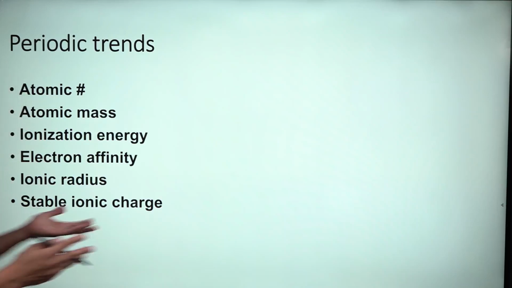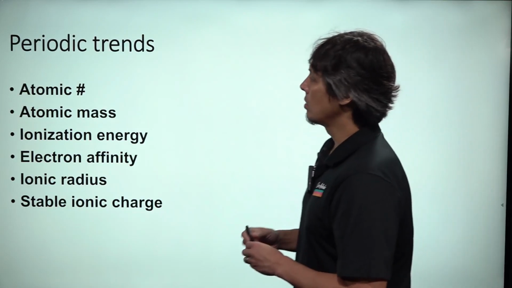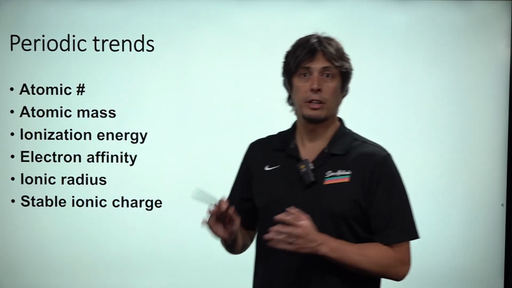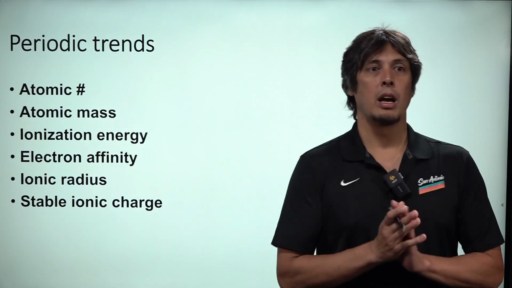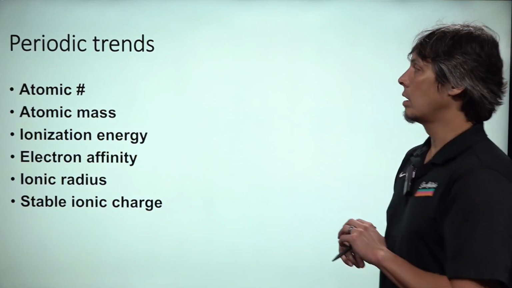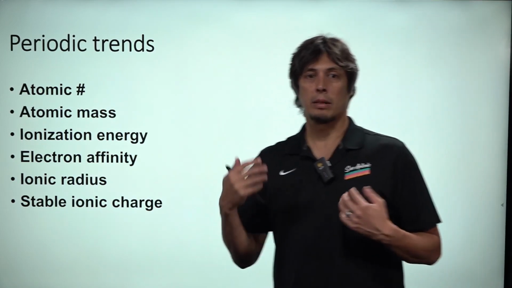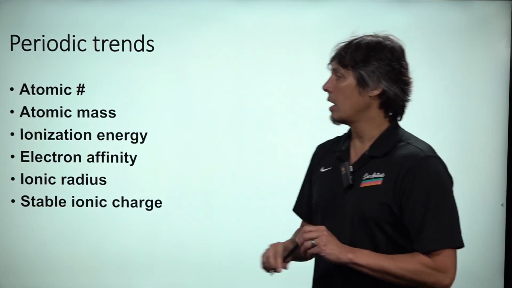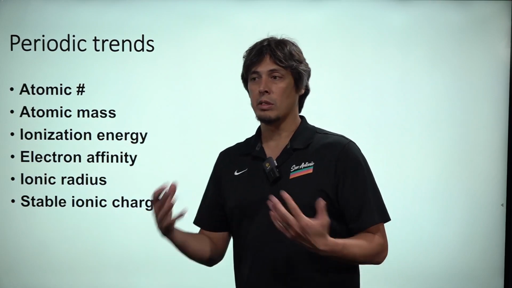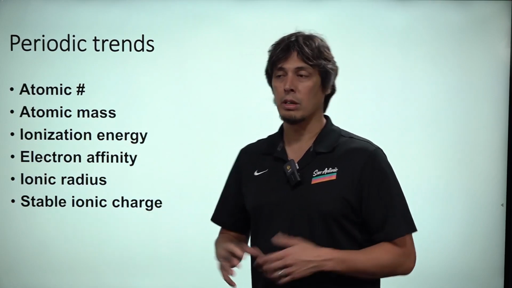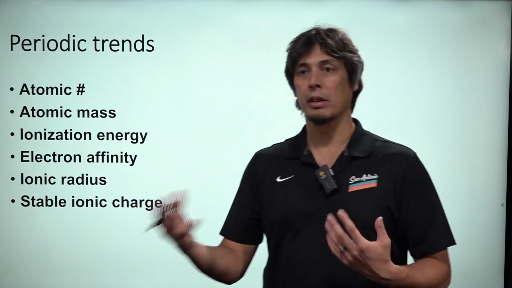So you probably remember several periodic trends from general chemistry and your other chemistry courses. These include, like we talked about in the first video, atomic number and atomic mass, which increase as we move from left to right and up to down on the periodic table. But also very important properties of the atoms have trends across the periodic table, including ionization energy, which is the amount of energy it takes to remove an electron from an atom, electron affinity, which is the favorability of an